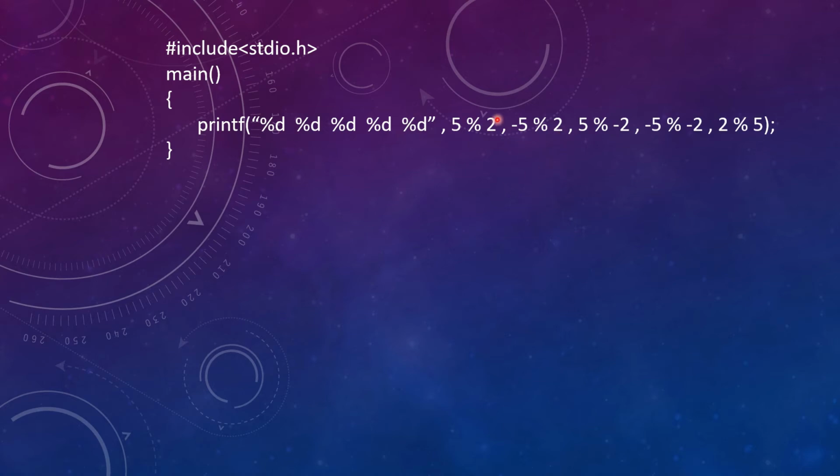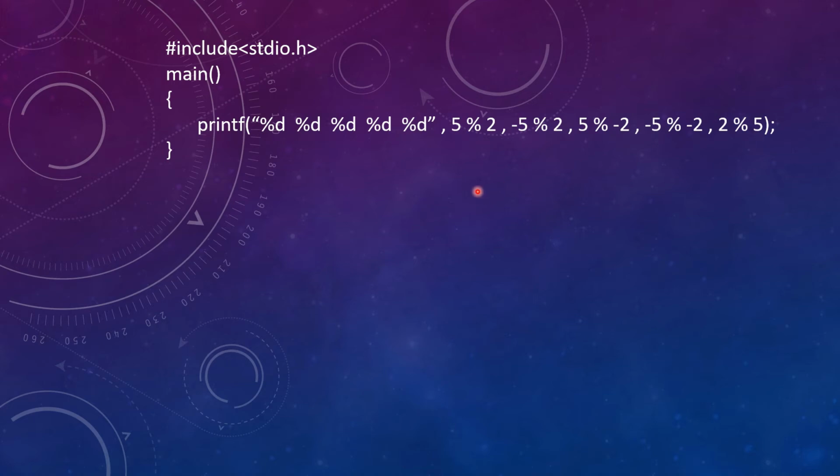Okay, so we know how the modulus operator functions, right? What the modulus operator does is return the remainder of the operation, okay? Like 5 mod 2. What will be the remainder if you divide 5 by 2? The remainder will be 1, right? So the first answer will be 1 here. Similarly for minus 5 mod 2, what will be the remainder? It is a bit tricky because you can see the sign is changing, right? Here it is minus 5, here it is minus 2 in the denominator, then both are minus, then it is just the inverse of that.